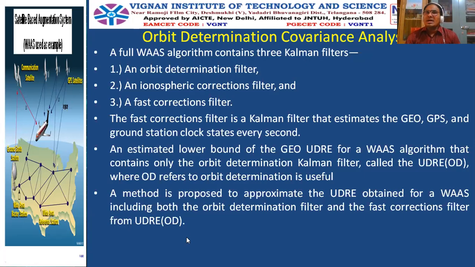How the covariance analysis is done is given in the appendix. The fast corrections filter is a Kalman filter that estimates the GEO, GPS and ground station clock states for every second. So what this fast corrections filter does is,